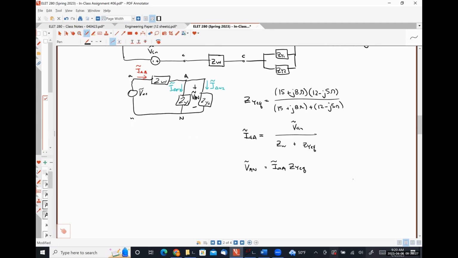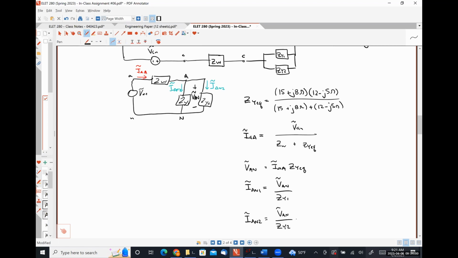And then from there, IAN1 is simply VAN over ZY1, and IAN2 is going to be VAN over ZY2. Okay, so I want to start off by saying there's literally nothing wrong with what you have suggested here,